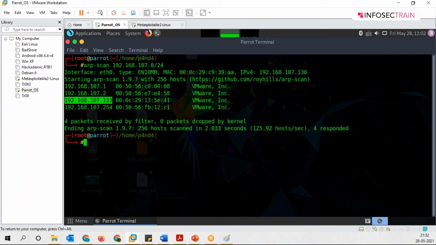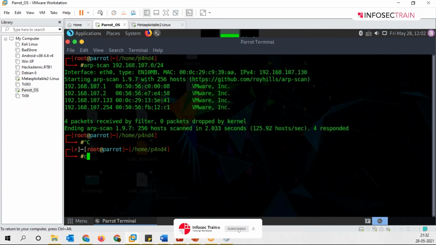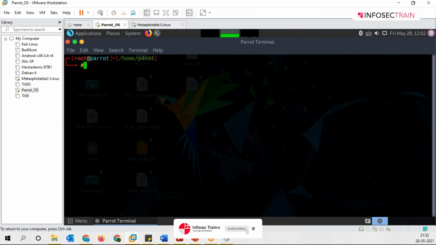Now if I copy this one, because that's my target, I'm just copying this IP right now. We'll just hit the clear command. Now what I am trying to do is scan this particular Metasploitable IP. For that I will just use the nmap command, write -v and paste the IP of my Metasploitable. Correct? So anyone who knows what this hyphen v stands for?